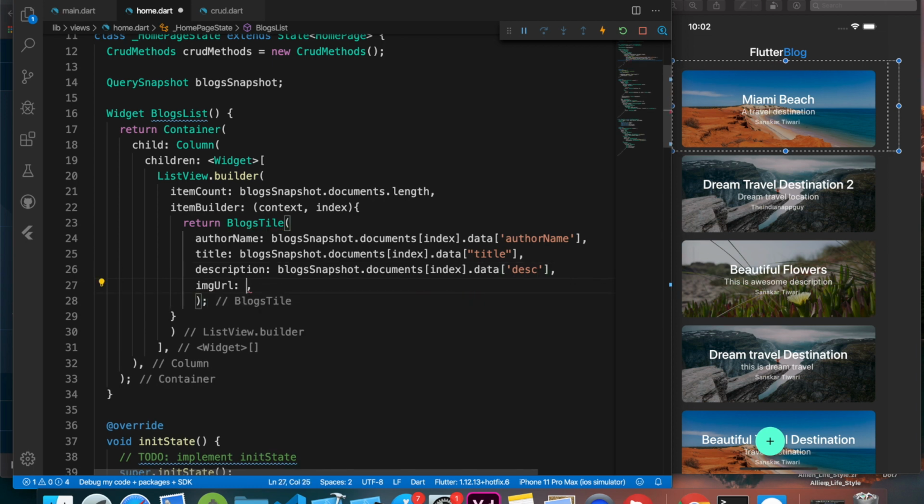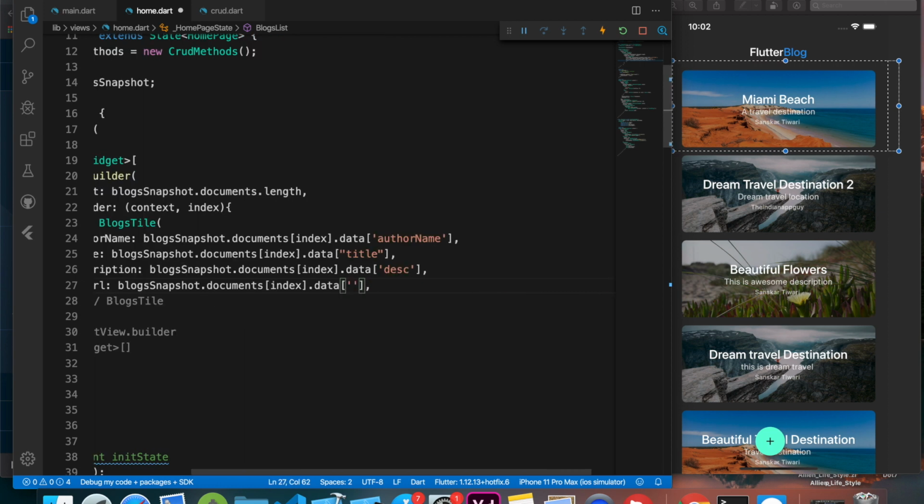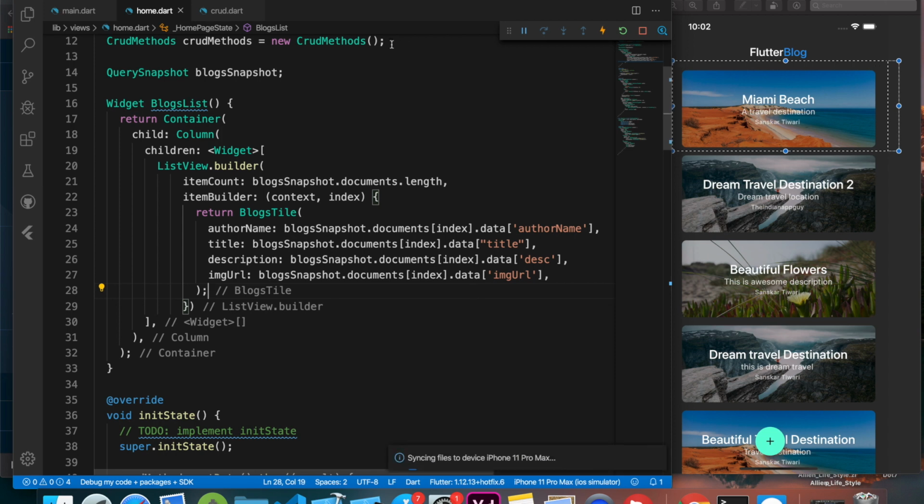So I'm going to say img URL blog snapshot dot documents, and then index, and then dot data, and we are going to call the same. No, we haven't copied it. So yeah, so that's all what we have. So I'm going to save that, and